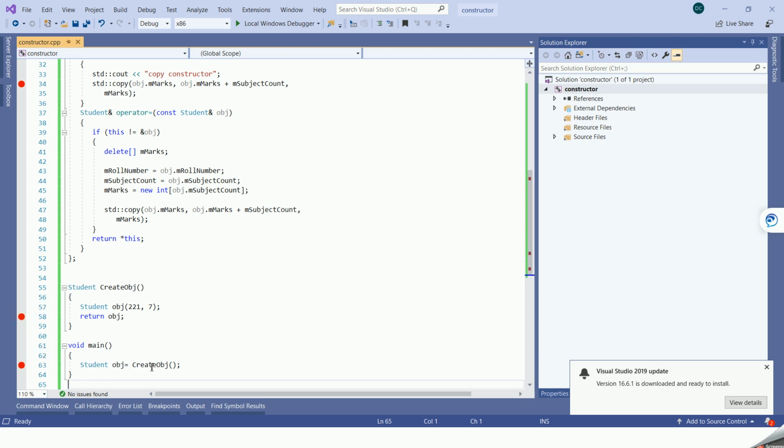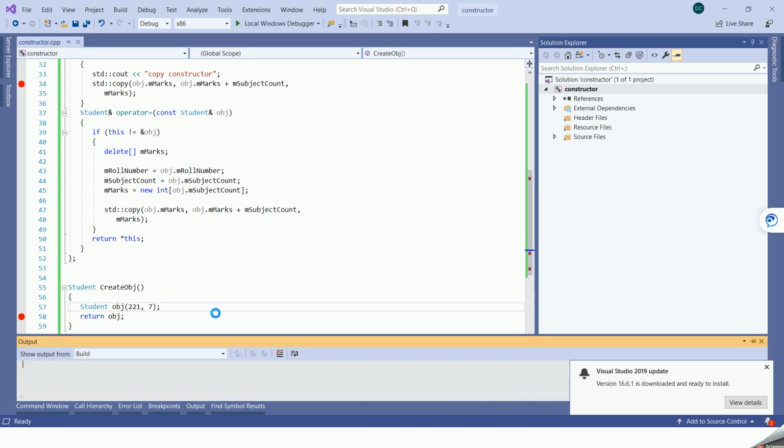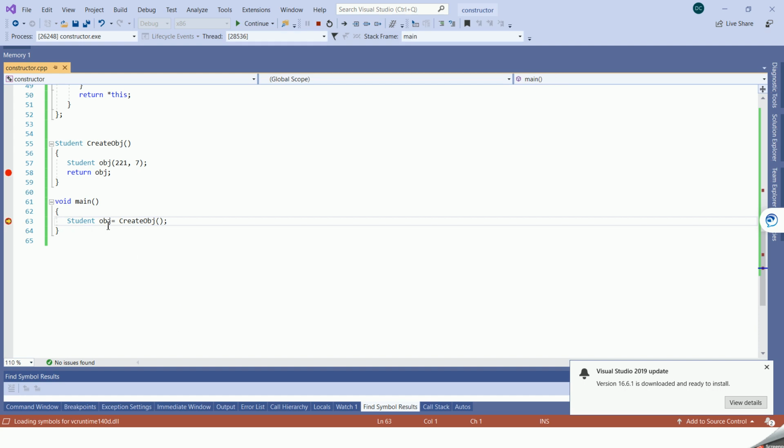In this case, at this time we are creating an object. So we'll run this program, and now we are creating this object, and it is at main. Now if we move to the next line, the control is coming to this line, and at this time this function is returning. When this function is returning, as we discussed, there will be two copies of the object, one temporary, that can be optimized. So at least one time this copy constructor should get called.